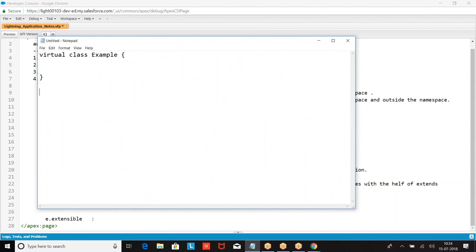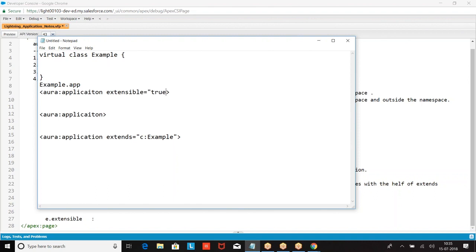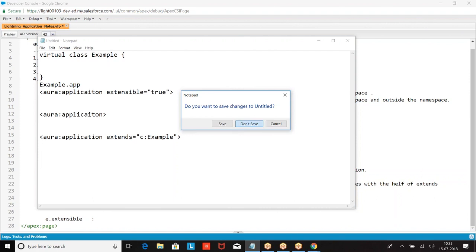Similarly, if somebody wants to extend this application, this is allowed only if it has extensible. When you say extensible equal to true, it is indicating, boss, I am ready for inheritance.